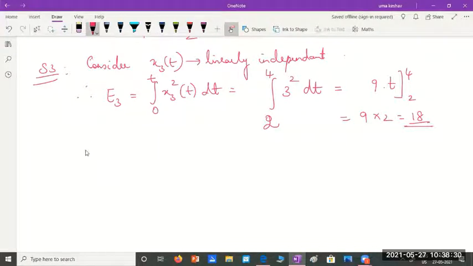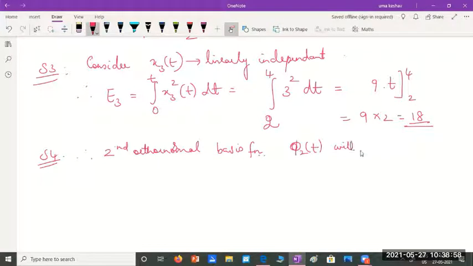So now I can find the second orthonormal basis function. Therefore, let me call this step 4. Second orthonormal basis function. Second orthonormal basis function phi 2 of t